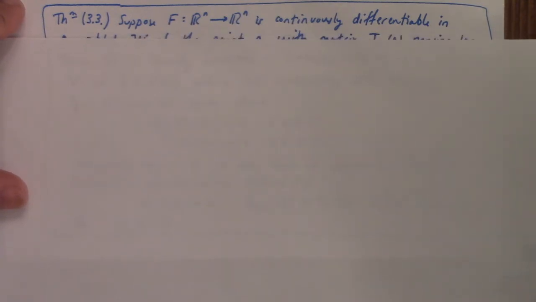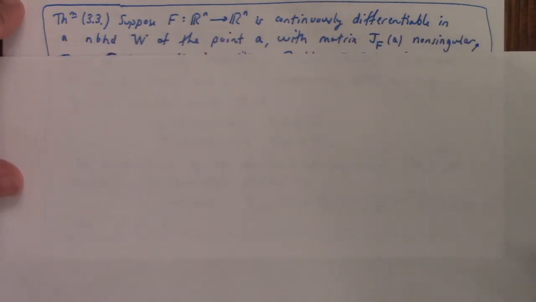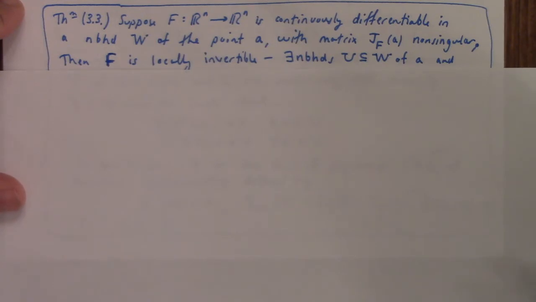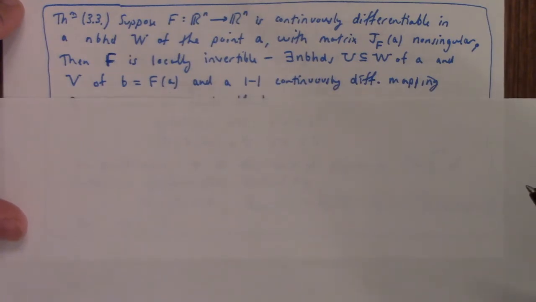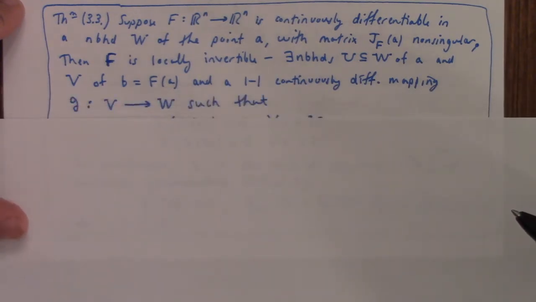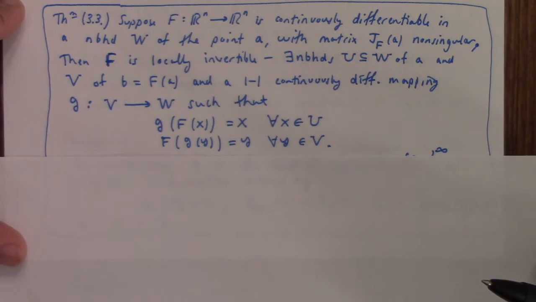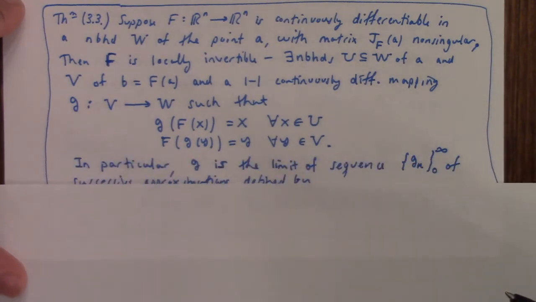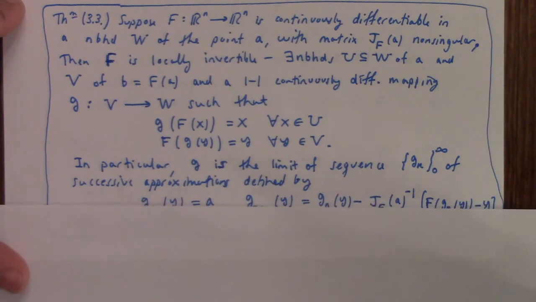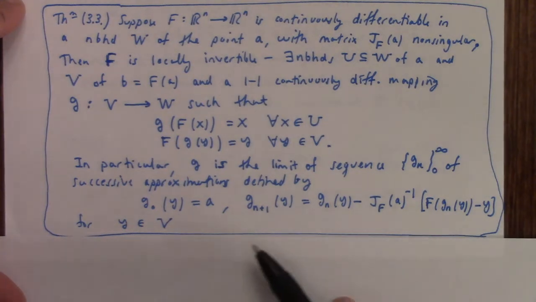This is theorem 3.3 in Edwards, and so you have a function f from Rn to Rn, continuously differentiable in a neighborhood W of a point A, with Jacobian matrix of f at A non-singular, that means the determinant's non-zero, then f is locally invertible. So there exist neighborhoods U of A and V of B, and a one-to-one continuously differentiable mapping G from V to W, such that G of f of x is equal to x and f of G of y is equal to y. And in particular, this G is the limit of a sequence of successive approximations defined by these equations down right here, which of course are motivated